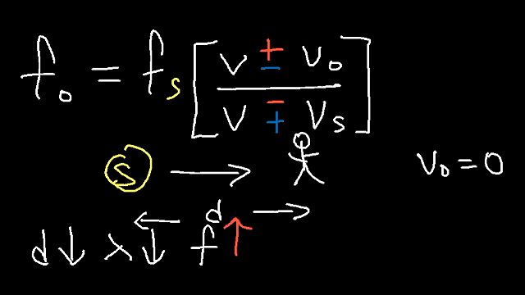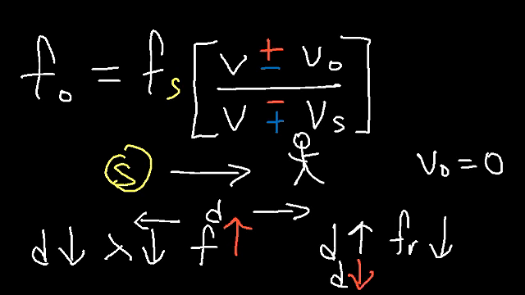So since the frequency should be higher, should we increase the denominator or decrease it? Keep in mind, VO is 0, so we don't have to look at the numerator. We just got to focus on the denominator. Whenever you increase the denominator of a fraction, the value of the fraction goes down. So we don't want that. We want the value of the fraction to go up because the frequency is increasing. So the value of the denominator must go down in order for the frequency to go up. Therefore, in order to decrease the value of the denominator, we have to use a negative sign.